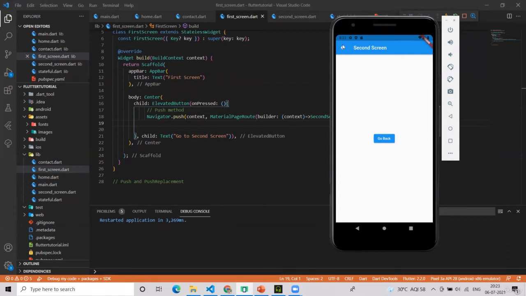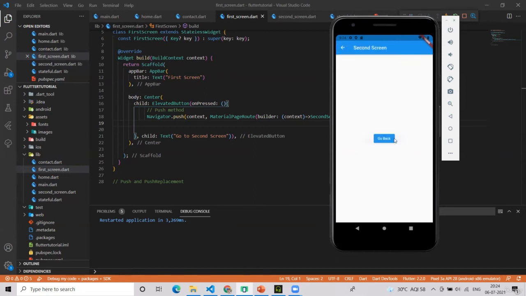So both of these do the same thing, but here we deliberately write the code to go back. And this Navigator.pop removes the topmost page from the stack. So there might be two or three pages below, but it only removes the top page.